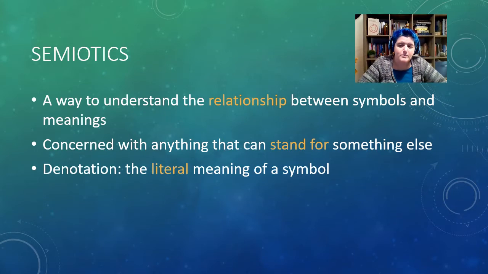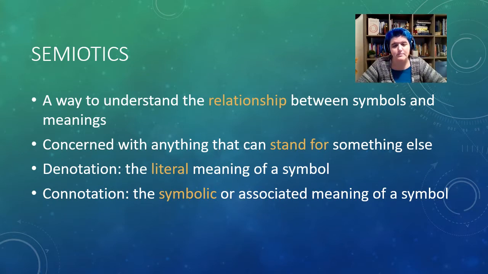And one particular part of semiotics that's important to us is the difference between denotative and connotative meanings. So denotative meaning is the literal meaning of a symbol. If you open up a dictionary and look up the meaning of a word, that is the denotative meaning. Connotative meaning is the symbolic or associated meaning of a symbol. These might be your memories, your associations, your emotions that you have with a symbol, or more cultural meaning of